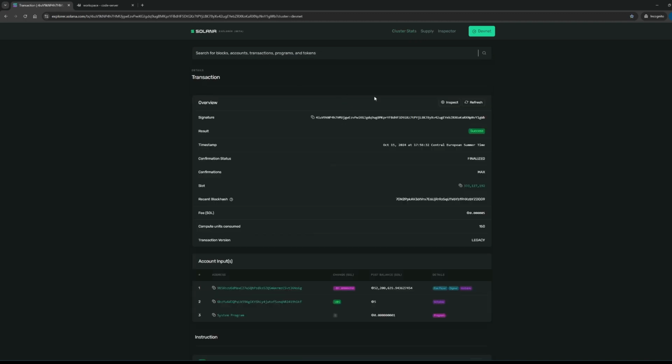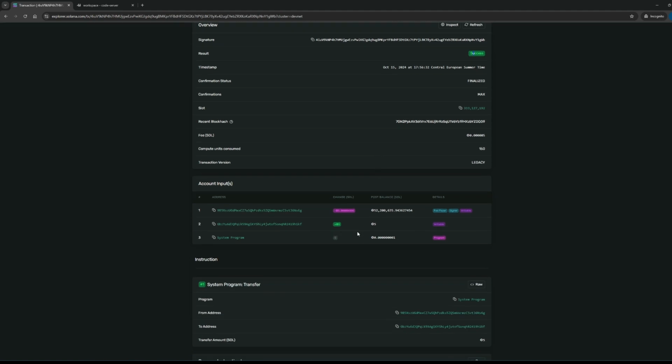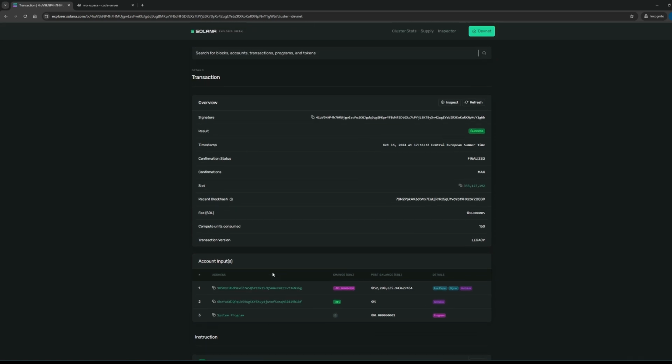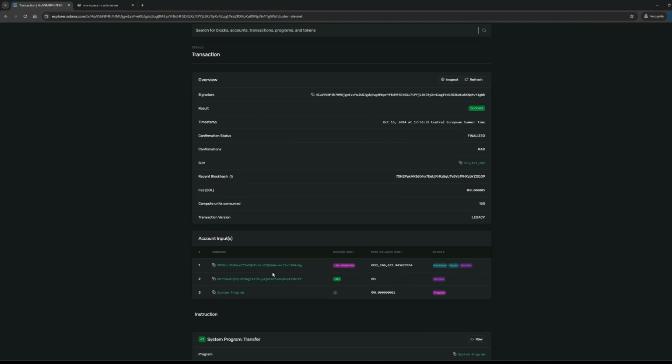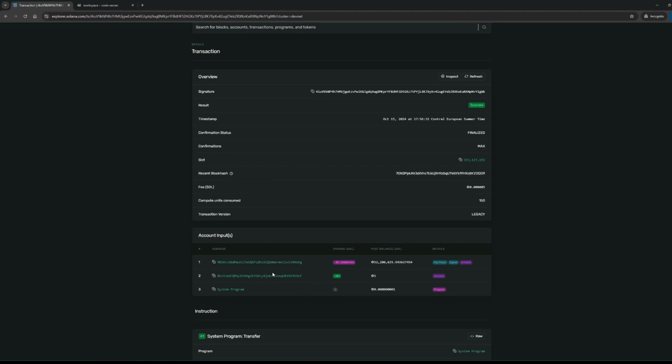Okay, you can see that the transaction was successful, and that we actually received 5 Solana here. This transaction inspection is really important later on for you to inspect more advanced transactions on Solana. If you, for example, invoke your Solana program, you can see what was invoked, what the accounts on the input are, and so on. But for now, we are just playing with it.